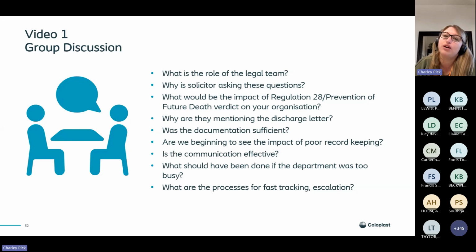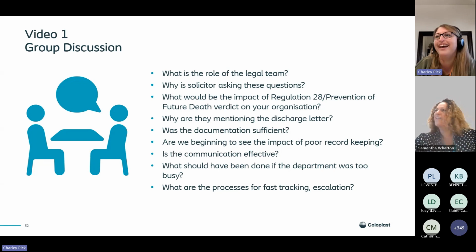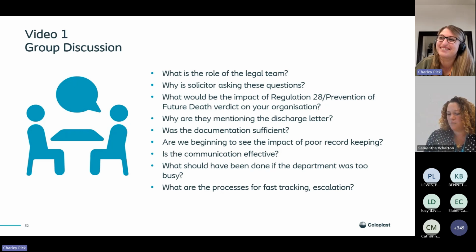So with regards to the legal team, Sam, what do you think the role of the legal team is? So when they're doing their questioning, they're trying to highlight what the issues were. Oh my God, the chat's going mad now. They said about the norovirus outbreak, that they were very busy in the department. They had wards closed. So they're obviously just trying to illustrate where there were issues in that flow of patients when Betty first came into A&E. They also